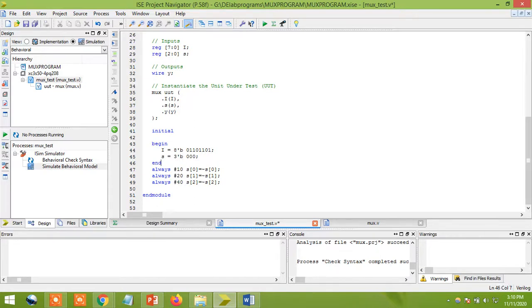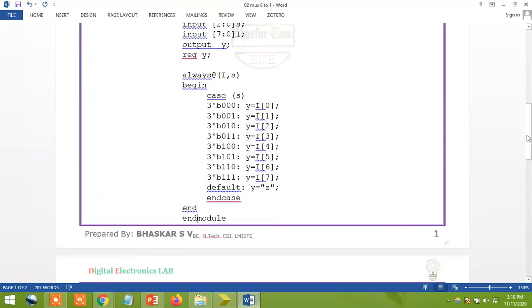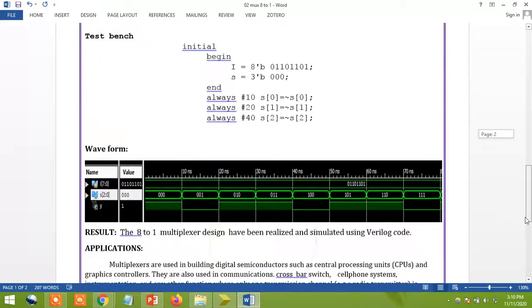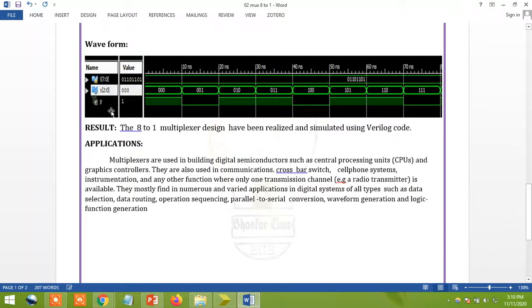And now you can use an initial statement and write the program with it, but for easy understanding I'm going to use an always statement, here it is. Just see how I'm going to use it. Keep in mind what my intention is. So here you can see I of 7, this is my I of 7, meaning I need to get the initial value. I want my select lines to go through 000, 001, 010, 011, 100, 101, 110, 111.